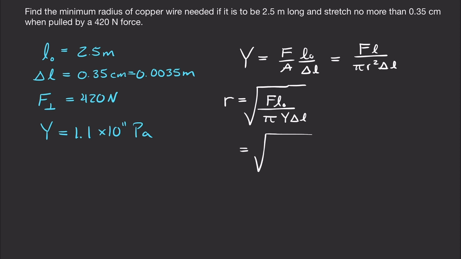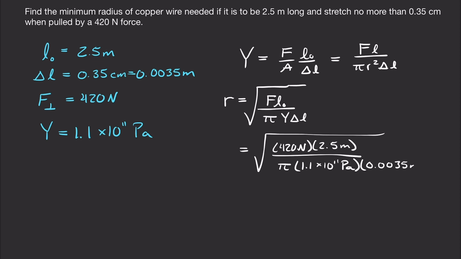So we plug all of that in. We get 420 newtons times 2.5 meters, the original length, over pi times Young's modulus, 1.1 times 10 to the 11th pascals, and the change in length that we want, 0.0035 meters. And that gives us a radius of 9.32 times 10 to the minus 4 meters,